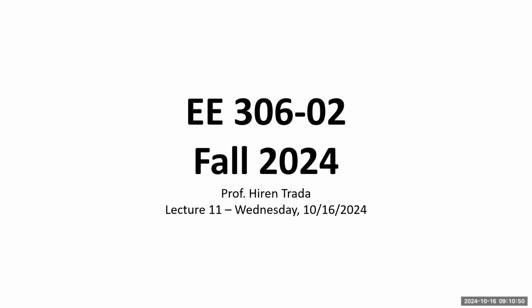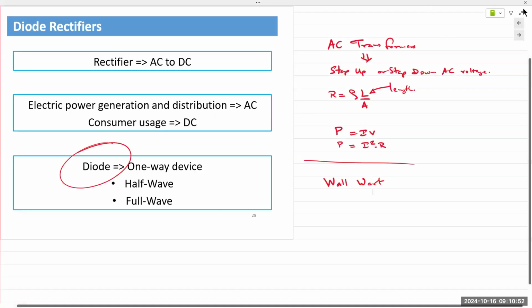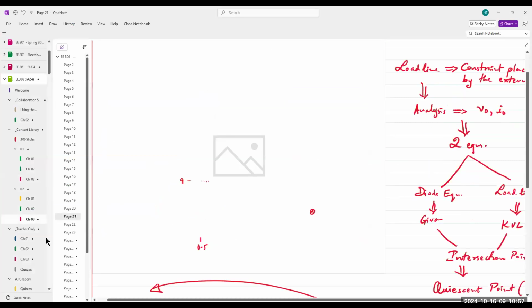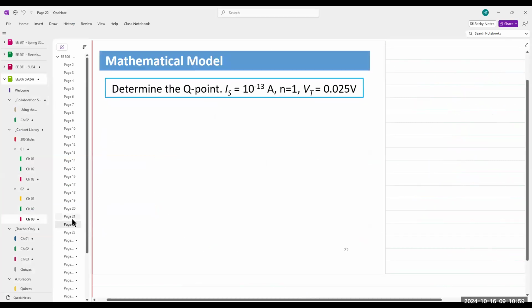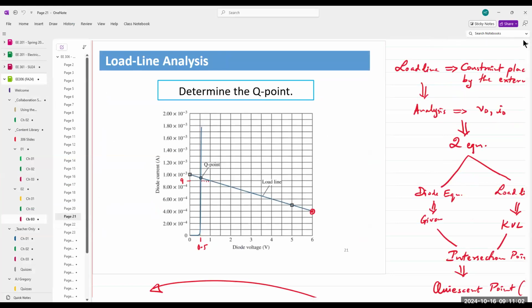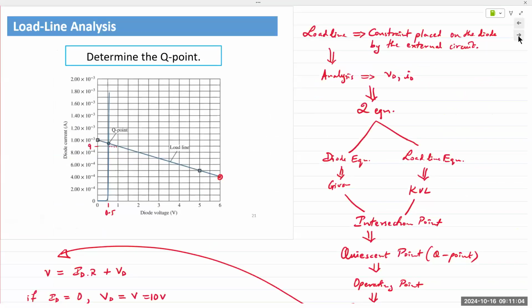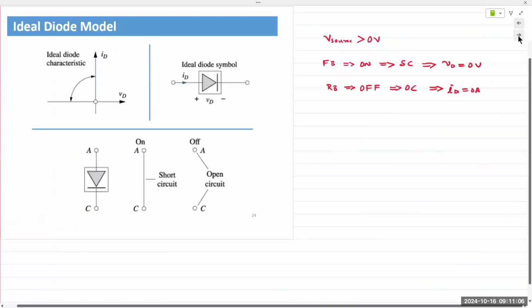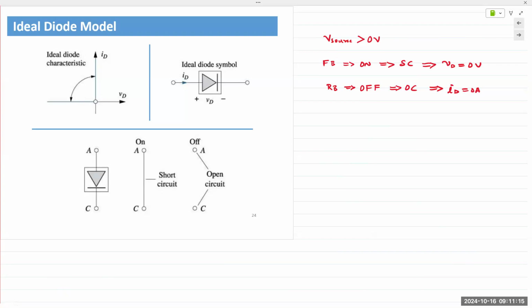All right, analysis technique. Let's go to the right section first. So we stopped here, load line analysis, and then I introduced, I believe, the ideal diode model. So let's continue with the ideal diode model, and we'll finish up today's class with all of our analysis techniques done. All right, so ideal diode model, just as a brief recap, we simply break up the diode characteristic, the